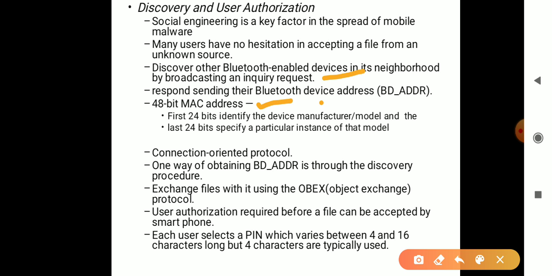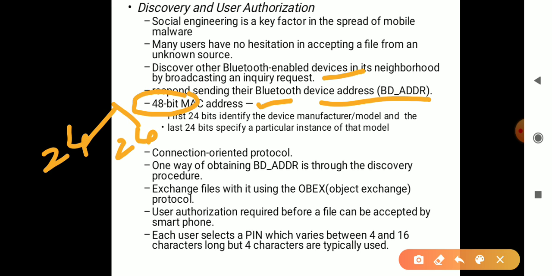Bluetooth also has a 48-bit MAC address, divided as 24 and 24. The first 24 bits identify the device manufacturer or model number, and the second gives the instance of that particular model.